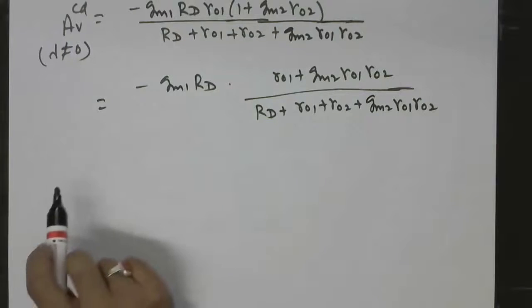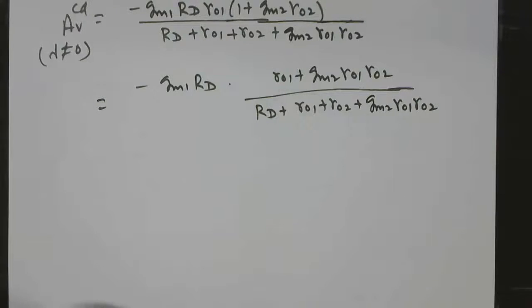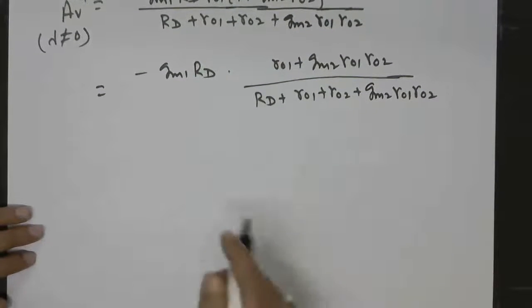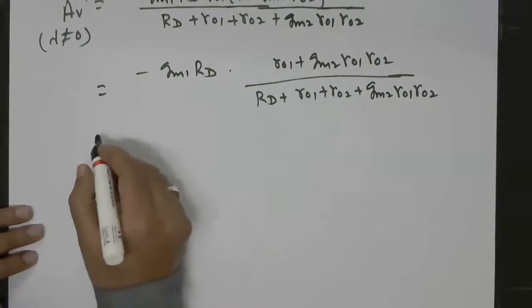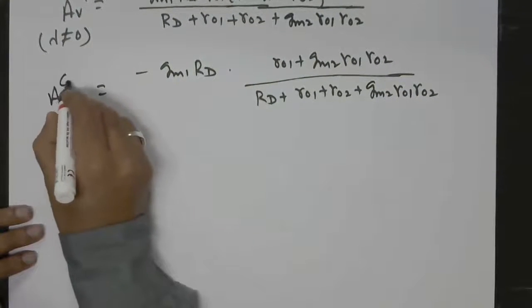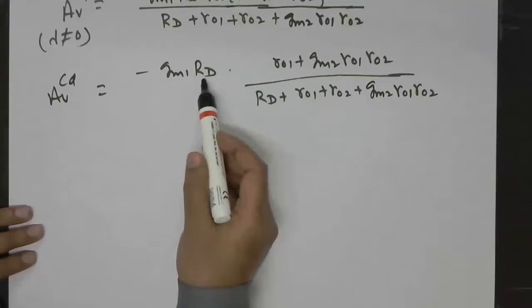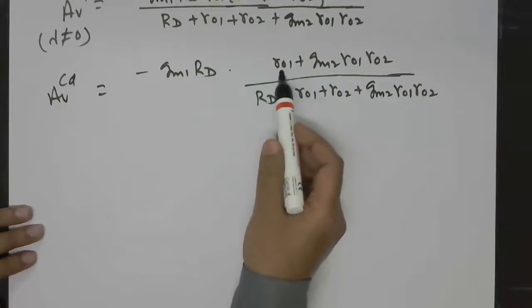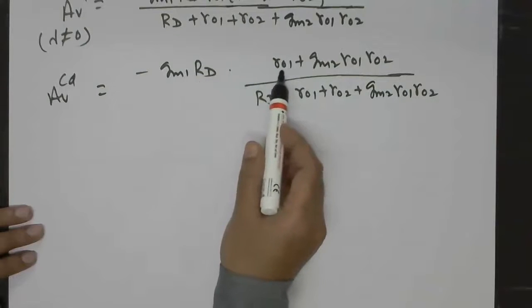Right. So here, looking at this expression, it doesn't appear that it is going to be very advantageous, right? And now we can do an approximation also. Suppose this RD is very small. We can see the value of this voltage gain for two extreme values of RD. That means when RD is very small, obviously compared with the ro's, and the second scenario, when RD is very large, in fact maybe larger than this or comparable to this.